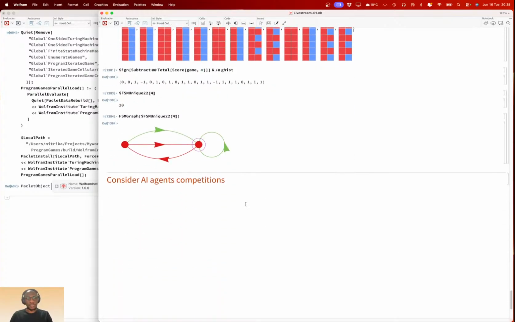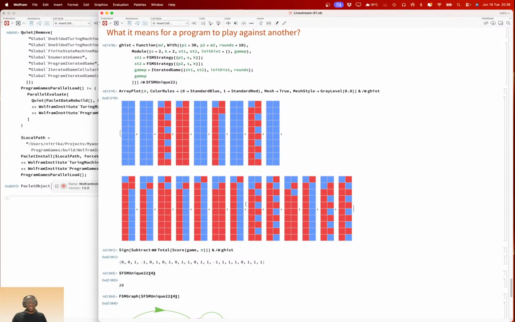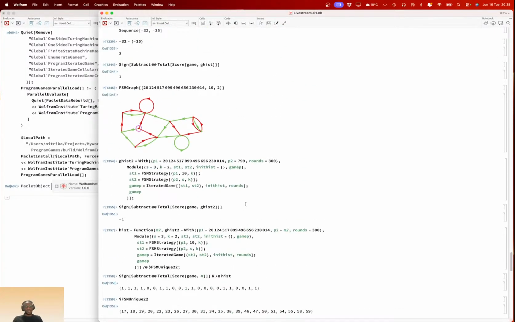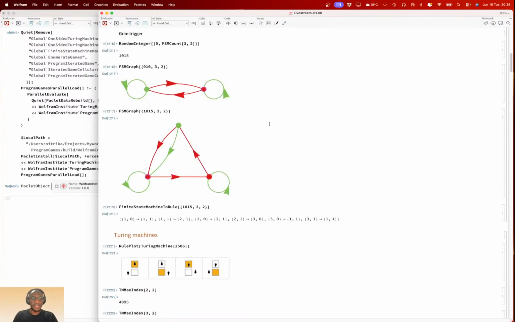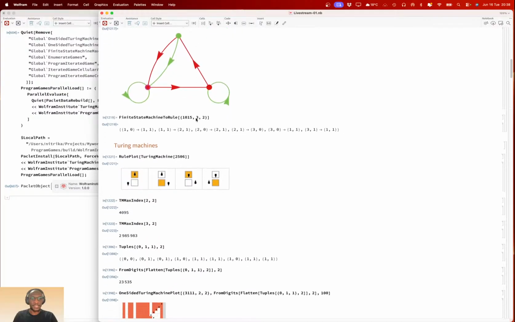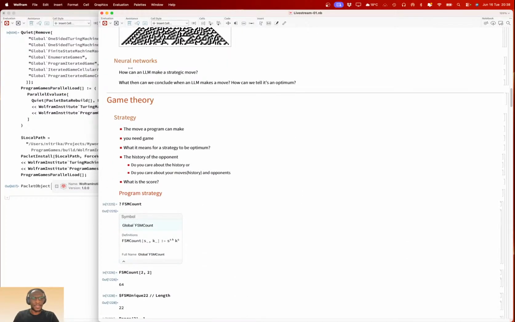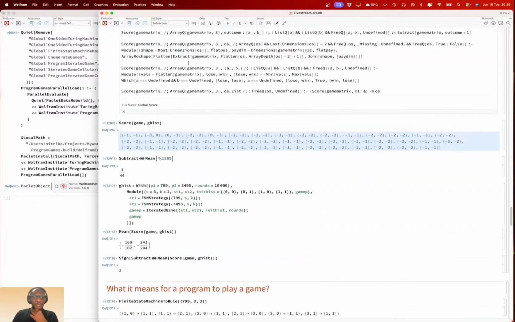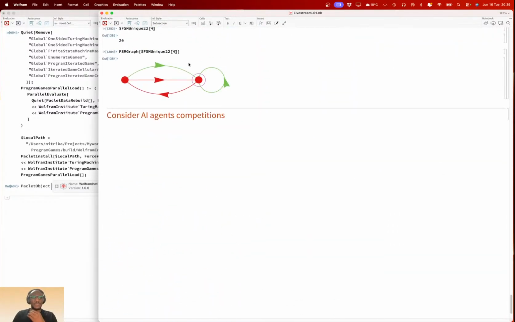And we have talked about such programs as Turing machines. We haven't touched cellular automata, but it's the same concept. We also haven't touched neural networks, which I think will be an interesting case. And this exploration is sort of giving birth to the concept of agents competition.